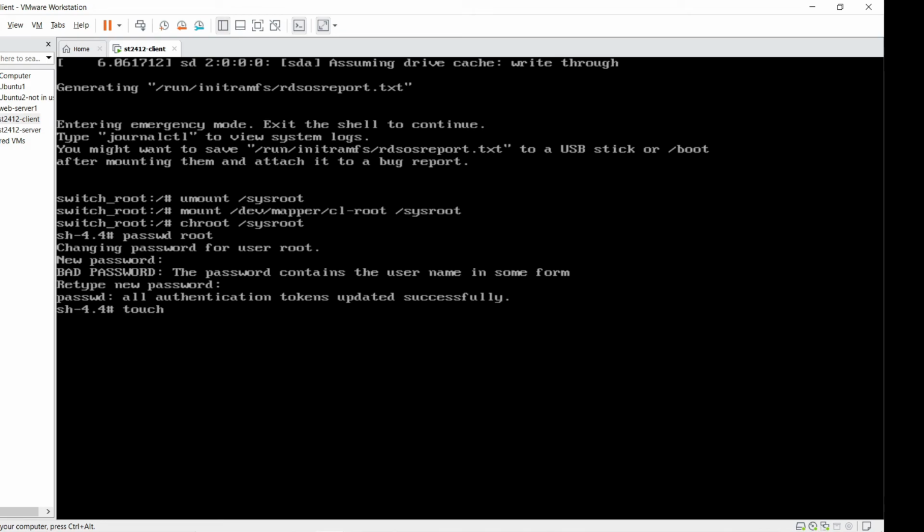So I'll first cd out and then type touch /.autorelabel. I'll now type in exit to leave the emergency mode and init 6 to reboot the system.